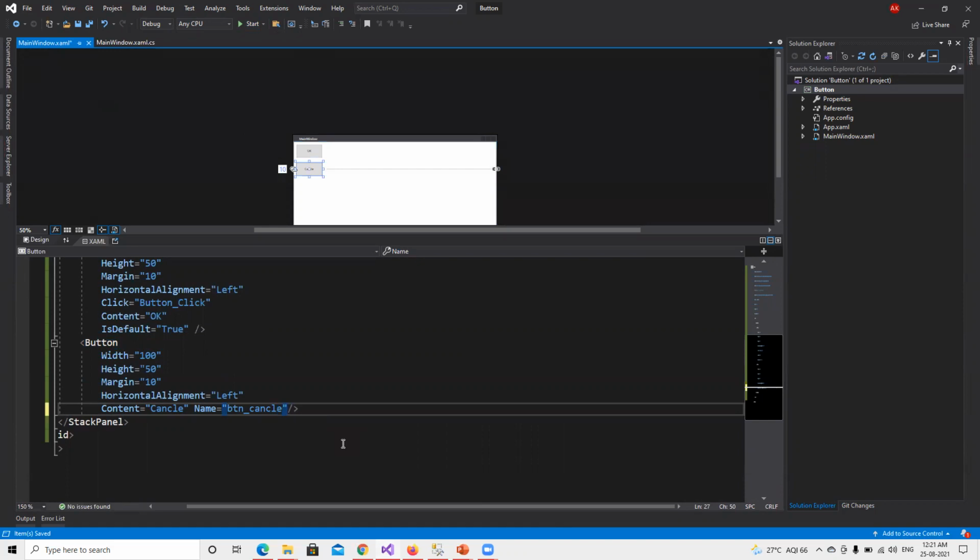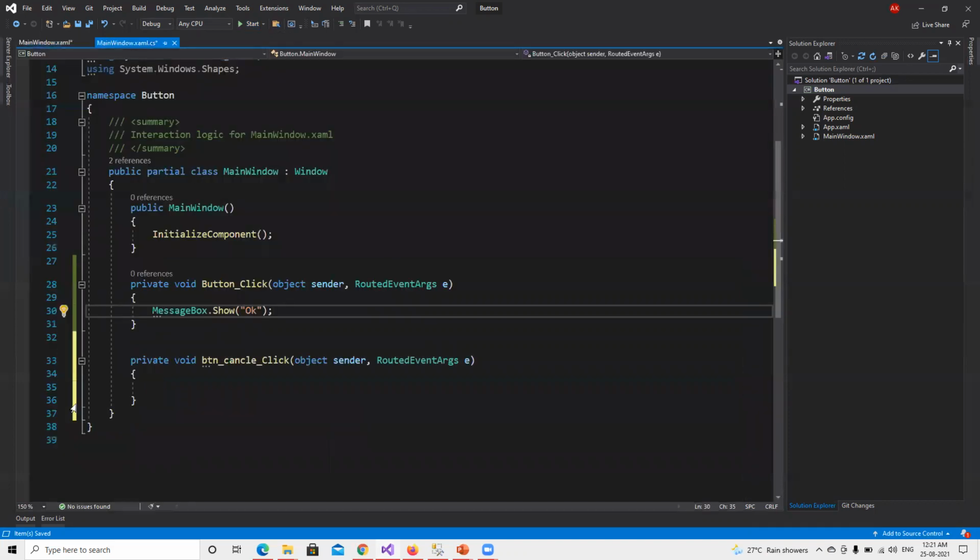Okay, and after this I will create the click event, and if I go ahead and generate that click event, we can see that it used the name btn_cancel_Click. So if I go ahead here, we can see that here as well it's generated.